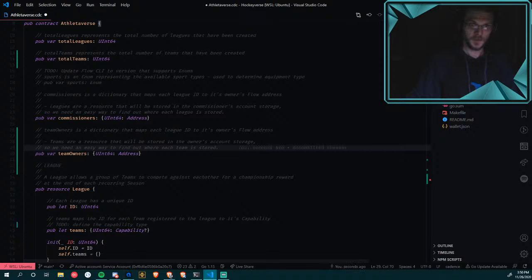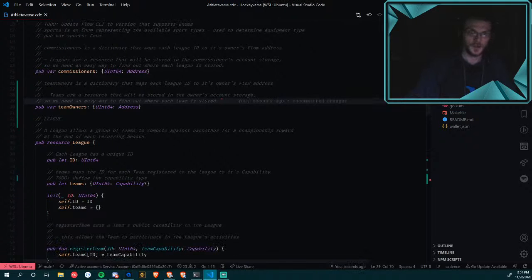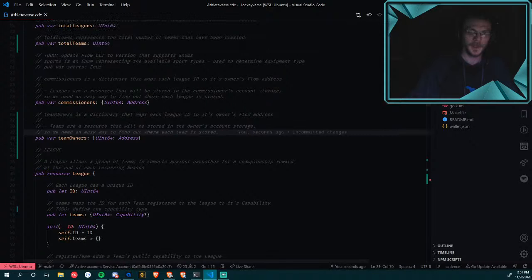We're doing the same thing for leagues and teams, tracking how many exist, creating a dictionary with a map of the ID to the owner. That right now is at least just going to be the way that I'm keeping control of this. The reason I'm doing it this way is I did find looking up the information to be a bit of a treat.